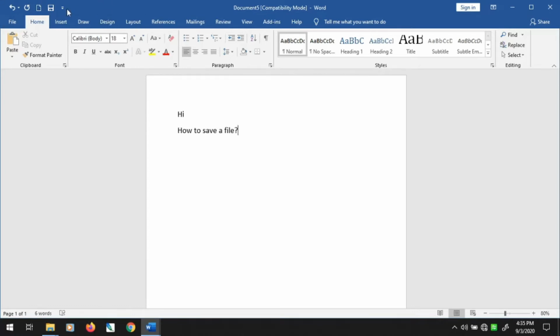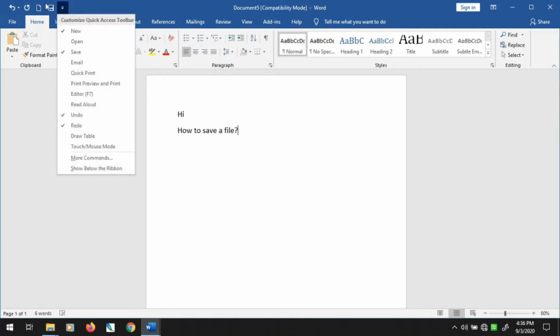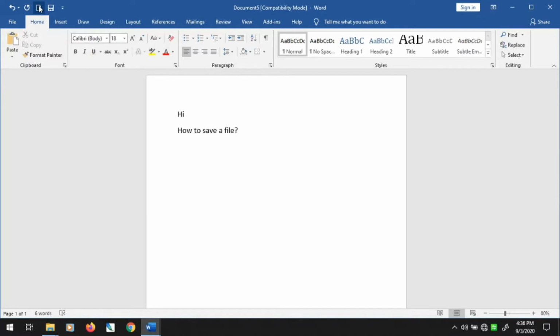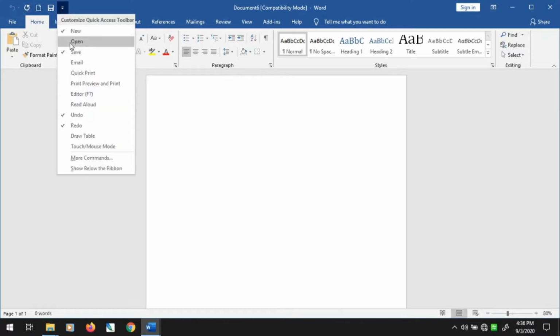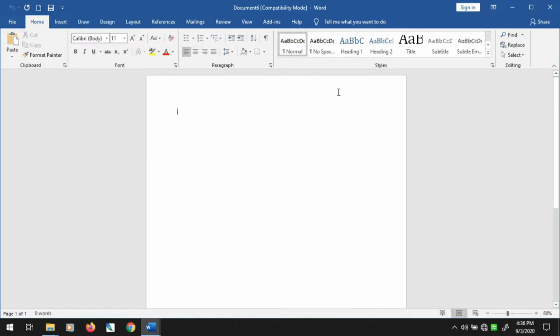If you want to create or open your file, you can also create your file directly from this option. Like if I click here, then see, Document 6 has been created. So you can create your file directly from here, and you can also open your file by enabling this Open option. Let us close this file first.